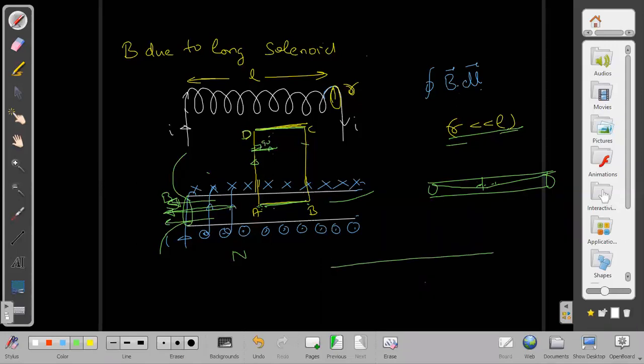This is a very long solenoid. In a very long solenoid, if I take a point here or I take it here, these points will be nearly equivalent for me, because the angles subtended by both of these will be 90 degrees each, as the angle is nearly 90 degrees. It may be 89.9 or something, but whatever it is, it is nearly 90 degrees. So these points, A and B, are similar, as long as they are well inside the solenoid and none of these points is very close to the edges.